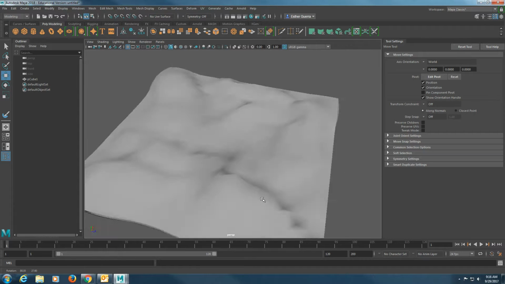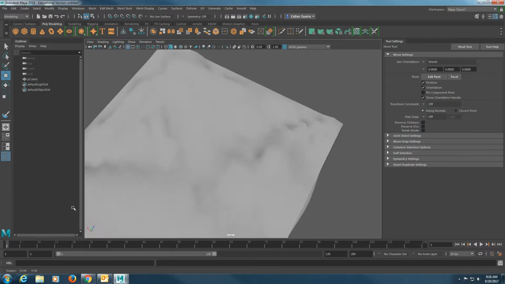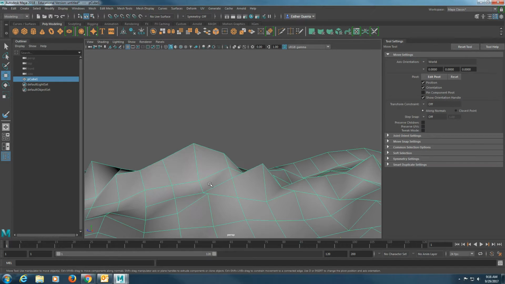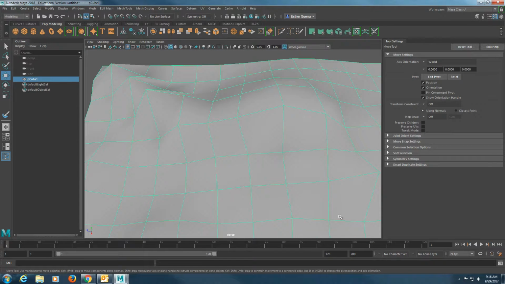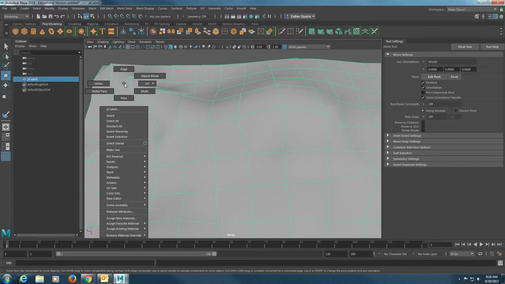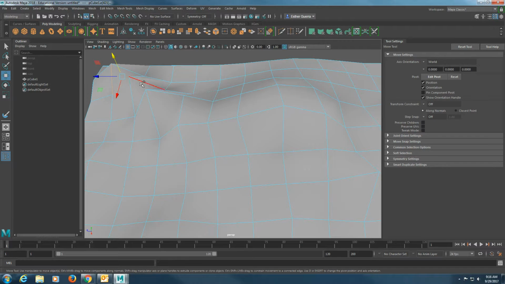And there. And this is your perfect example of rough terrain. Now, if you want to emphasize a certain specific area to make it more rough,